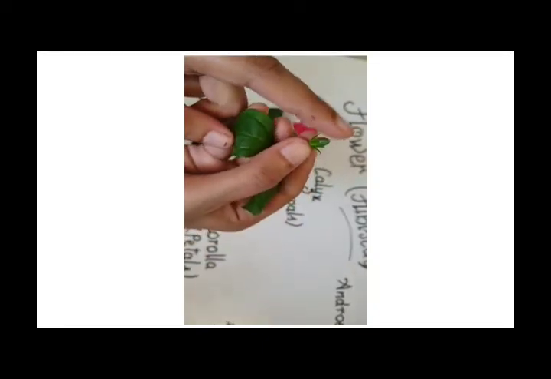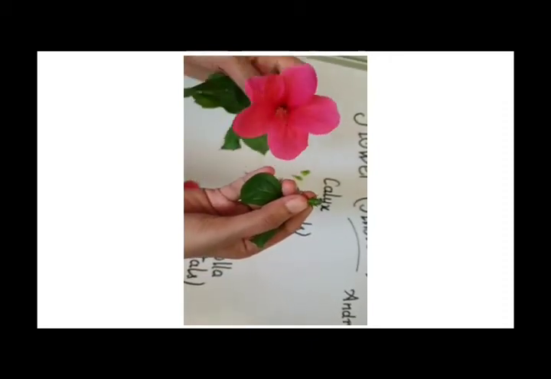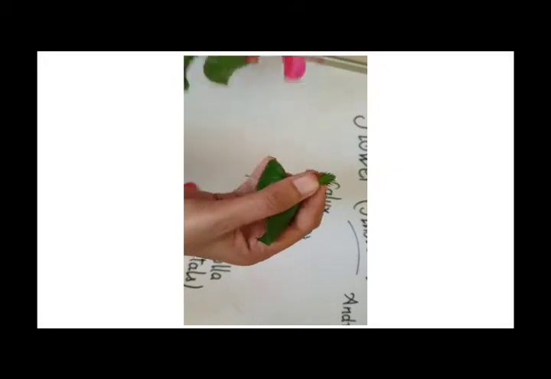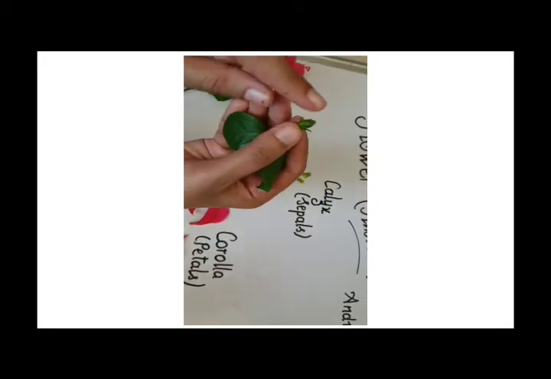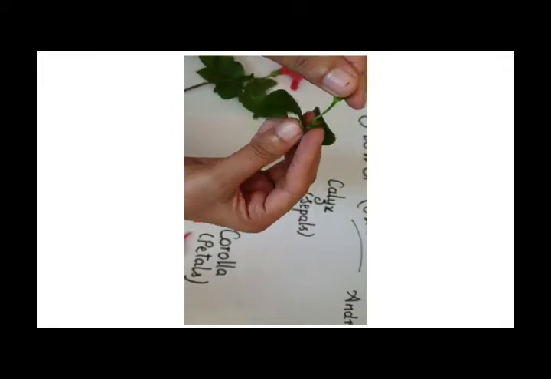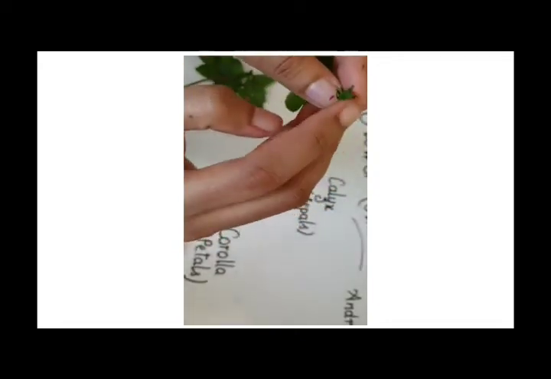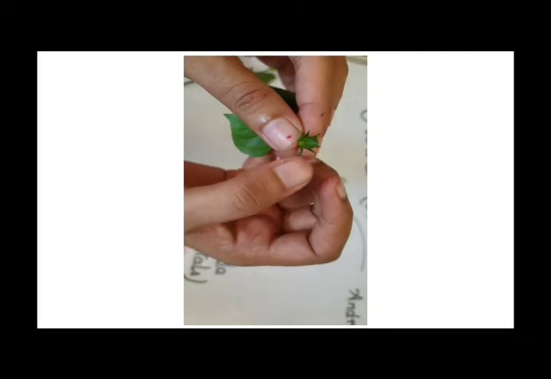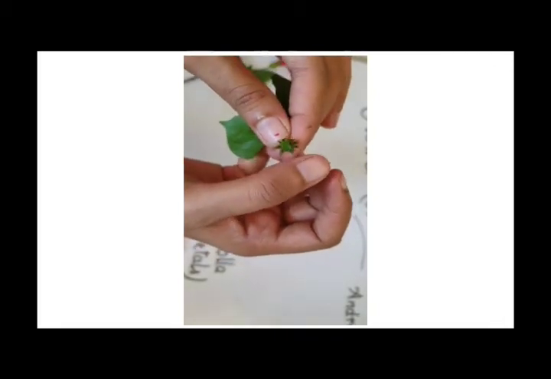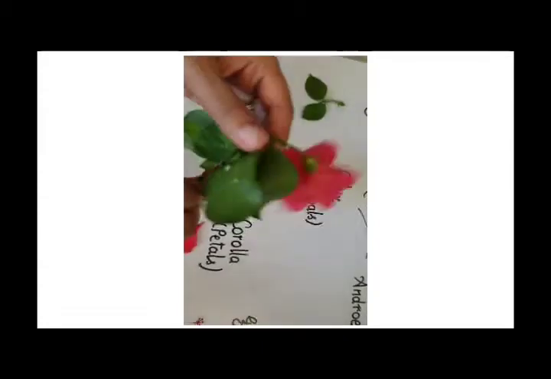So I have got the first, that is the bud form of the hibiscus flower. When it is in bud form, it is enclosed. You can see the bud form, there are tiny leaflets at the base. And then you can see the pedicel. Okay, and there is the receptacle. You can see that enclosed part which is green in color. That is actually the first whorl of the flower.